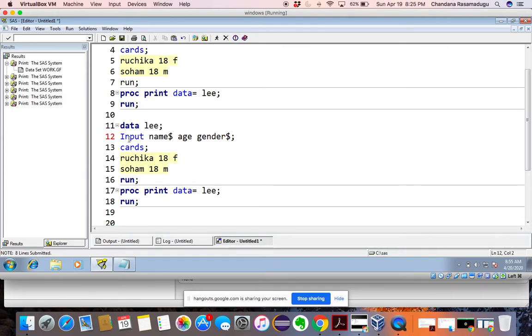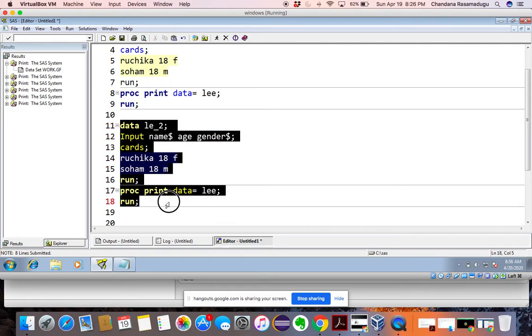Subsequent characters means, see, what I'm giving, I have started this with a letter, and whatever comes after the first letter, those are called subsequent characters. For example, I'm giving underscore 2.